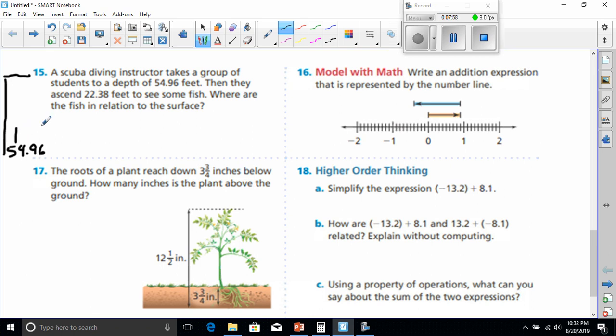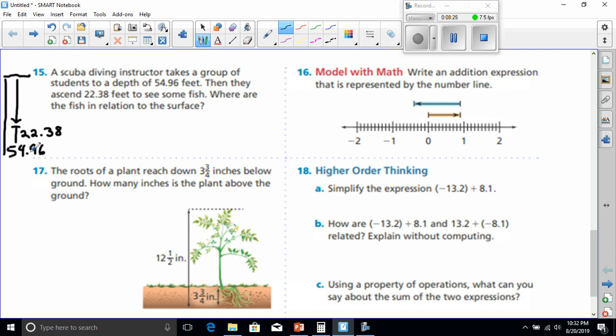Now, they went up a distance of 22.38. They didn't go to a depth of 22.38. They went up in distance, right? They ascended 22.38. So what they want to know now is, where are the fish in relation to the surface? If the surface is here, they need to know how much that distance is from the surface to where they